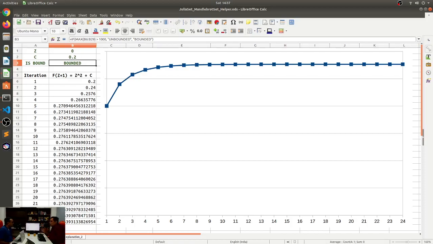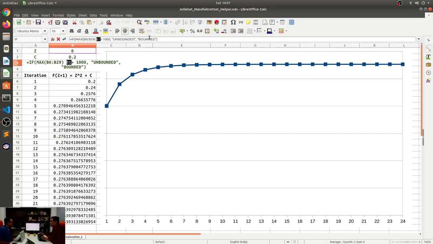You know what bound is. It means it will remain within a very specific value. What that specific value is, once again, it's arbitrary. We can decide if it is bounded or unbounded. In this case, I'm just saying if it has not gone above 1000, it means it has remained bounded. And I have this very helpful graph also showing that it will remain bounded.